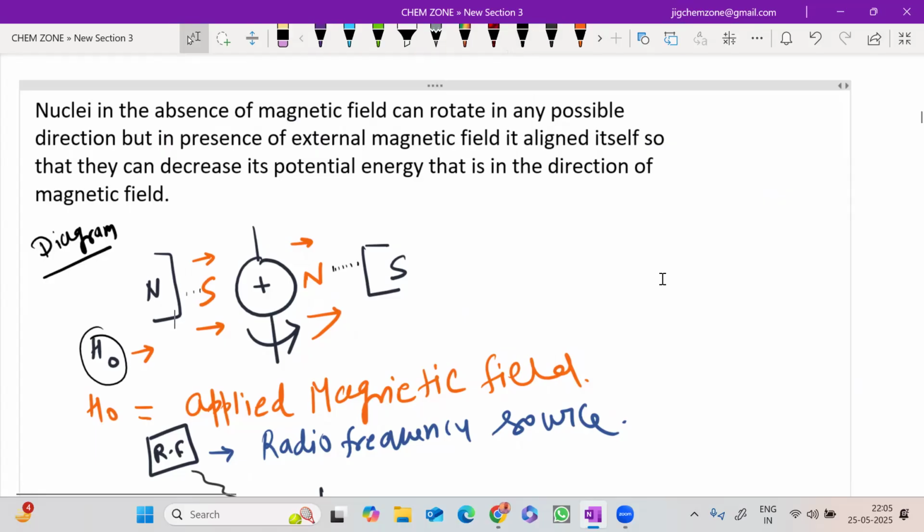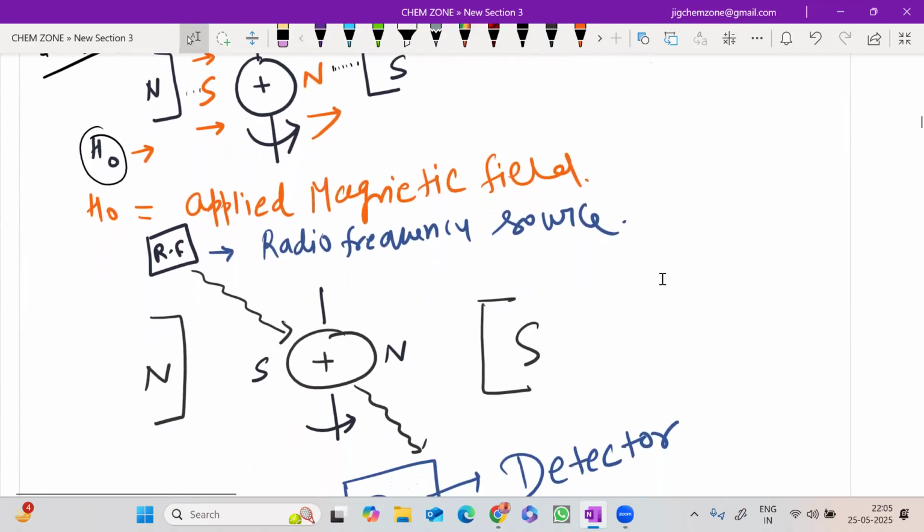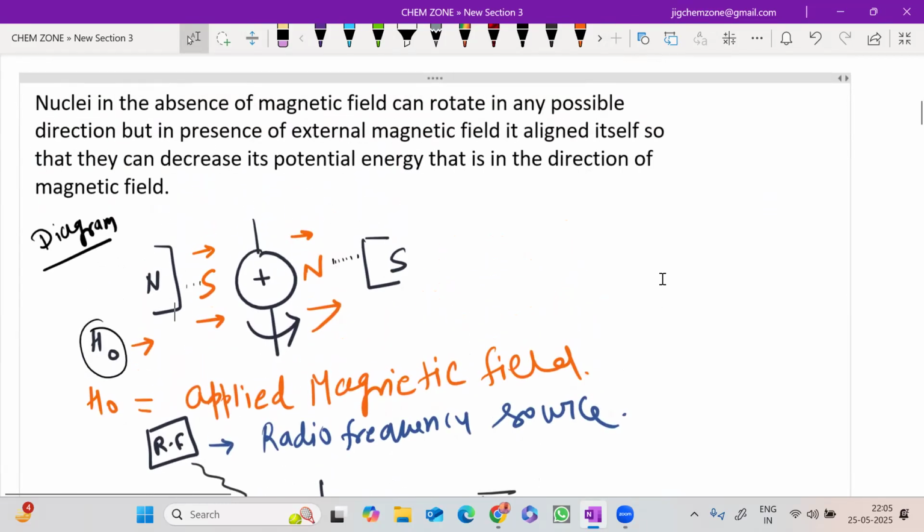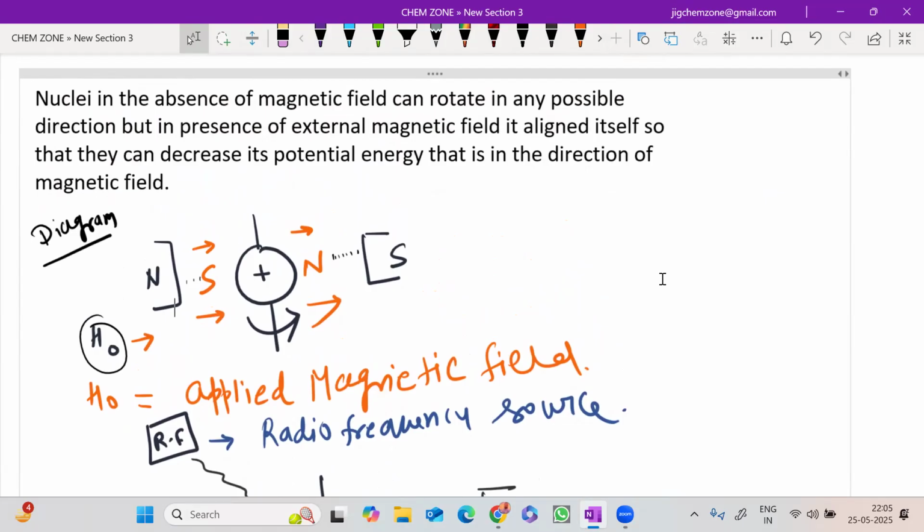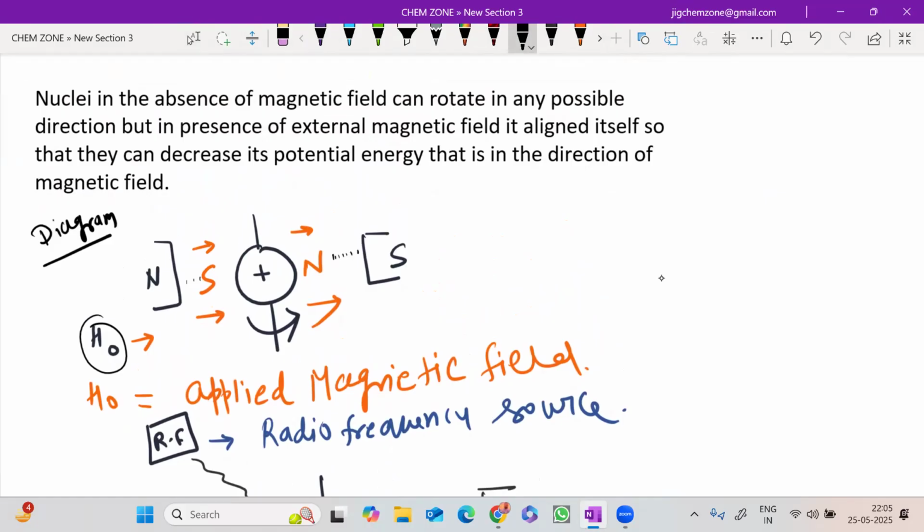Now, the full form of NMR is nuclear magnetic resonance. We put the nucleus in the magnetic field, and to decrease its overall energy, the nucleus aligns itself in the direction of the magnetic field. अब आपको समझ आया होगा कि मैंने क्यों नॉर्थ और साउथ पोल का डायरेक्शन आपको बताया। न्यूक्लियस ने अपने आप को ऐसे अलाइन किया कि मैग्नेटिक फील्ड के साउथ पोल की तरफ न्यूक्लियस का नॉर्थ पोल रहे और नॉर्थ पोल की तरफ साउथ पोल रहे।